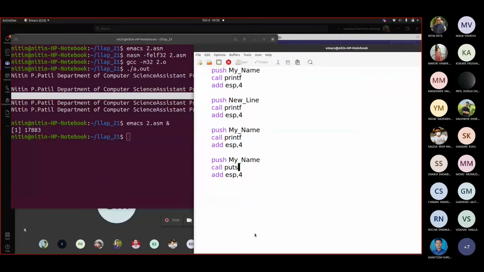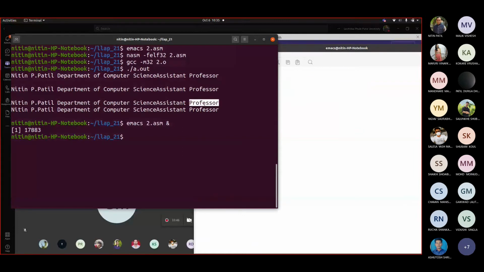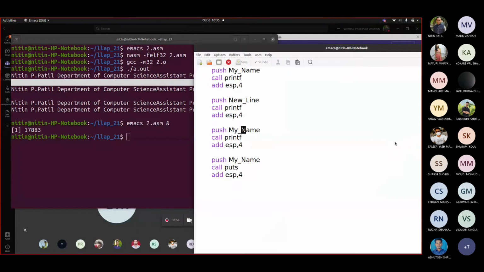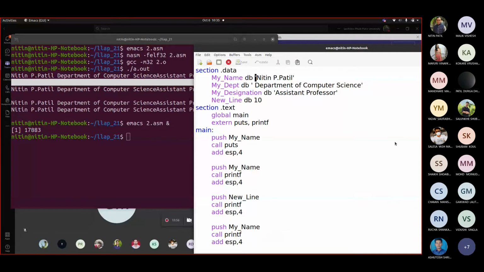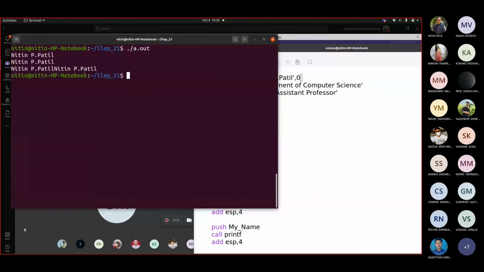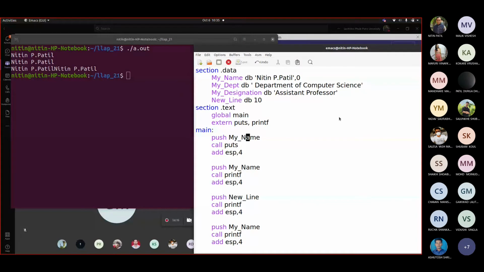And then I took printf first. In this case, it printed this, so it hasn't taken a new line the way that it took here. Correct? Now, to see this problem, like you said that it is not taking 0, actually it is taking 0. Now I am adding 0 there. Now it will be much clearer for you. Assemble, link, execute. Now can you point out the difference of these four?